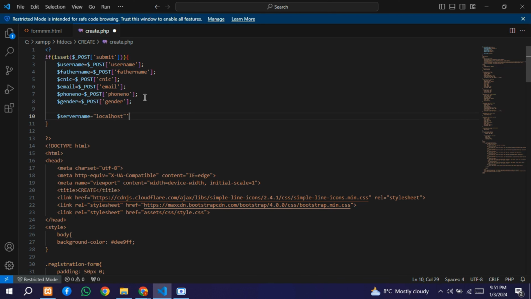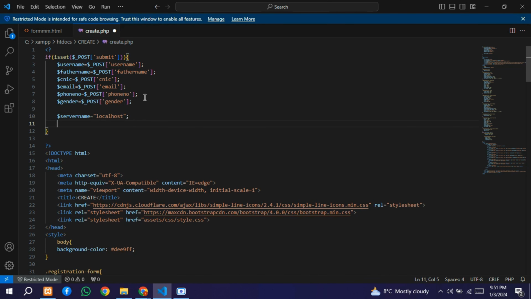After that, db username. Remember that your spelling should be correct in each of the following. If your spelling isn't correct, then it will be a great error. And db username is root,